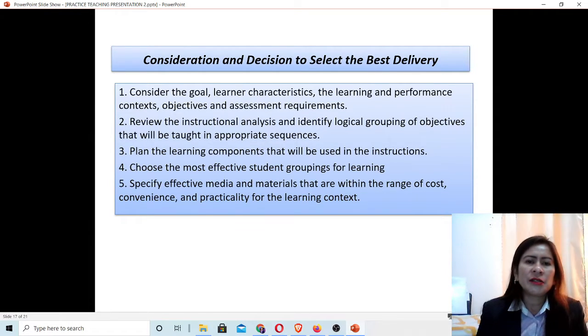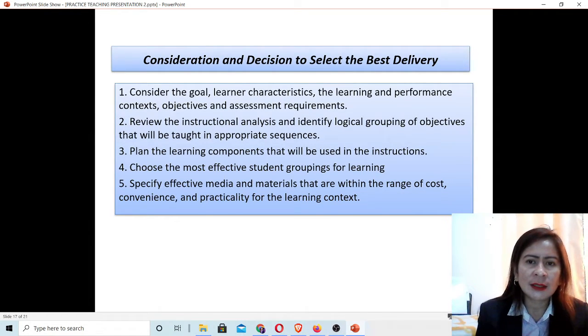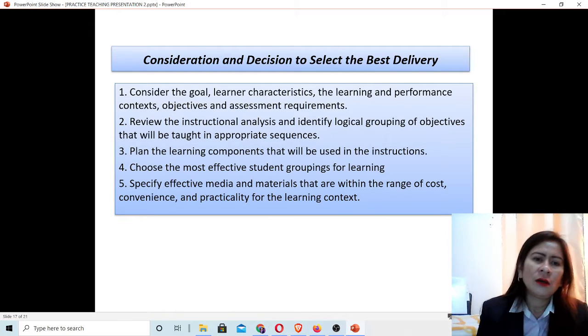Next, considerations and decisions to select the best delivery. First, consider the goal, learner characteristics, the learning and performance context, objectives, and assessment requirements. Second, review the instructional analysis and identify logical groupings of objectives that will be taught in appropriate sequences.